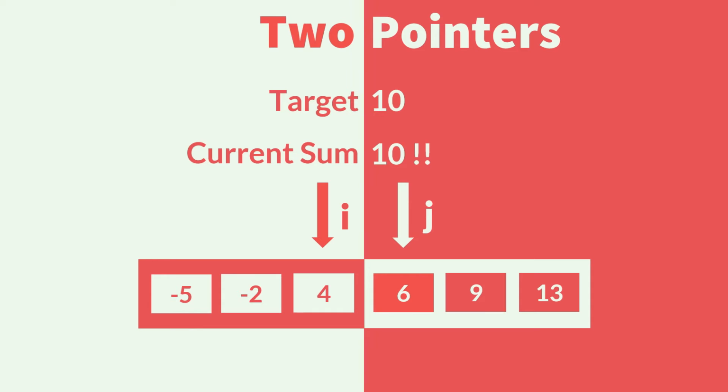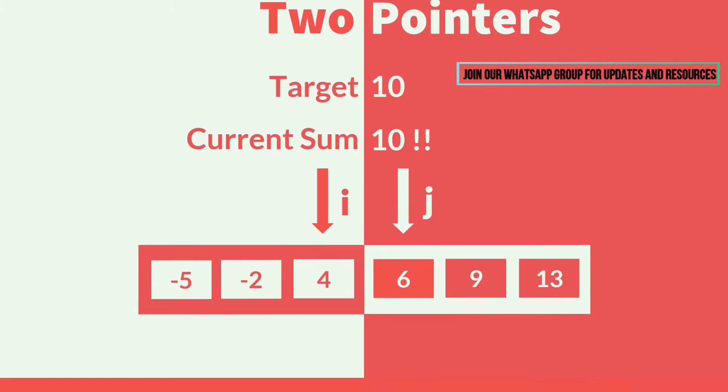And if we still have not found it, we continue the while loop until i is lesser than j. When the function exits out of the while loop, if it still hasn't found our target, it means we'll have to return false from our function. So this is the basic approach which we will be following to solve this problem. Now let's look at the code for it.